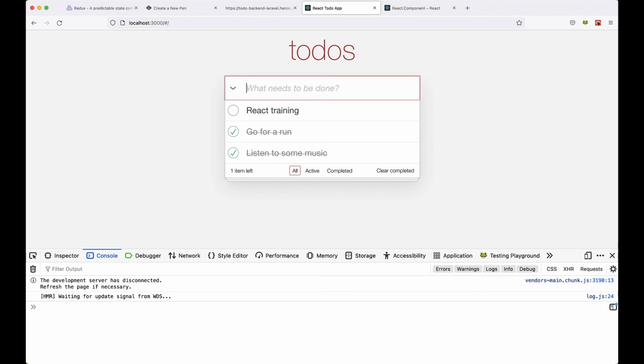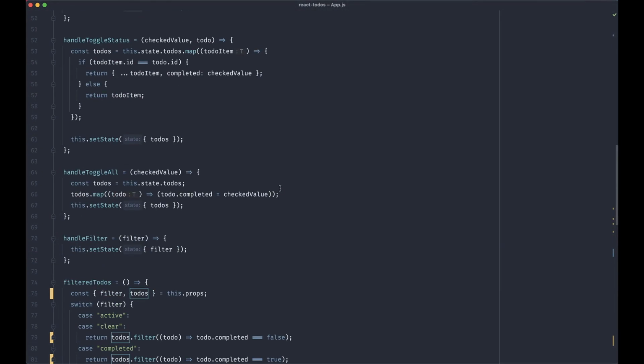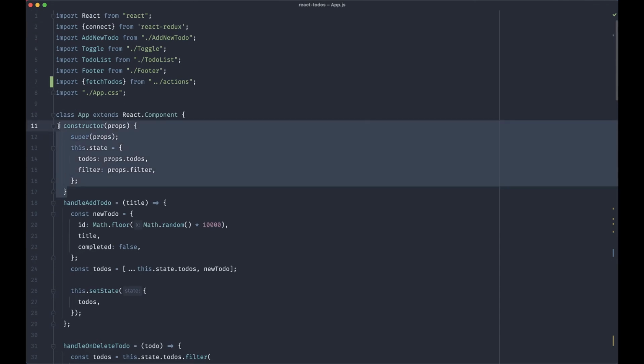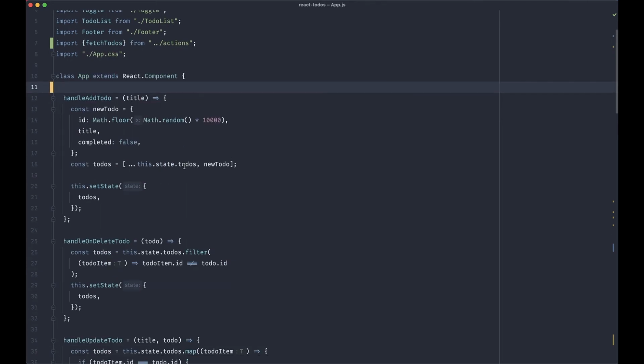If I add something, that's not going to work, and that's expected, but at least we are able to render our to-dos. Okay, so that's the first thing, and we are going to go ahead and remove the local state because we don't need that anymore. Okay, this dot state dot to-dos, so we just need to find all instances of that